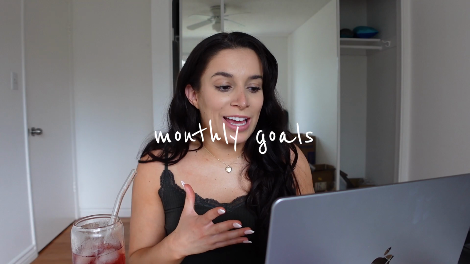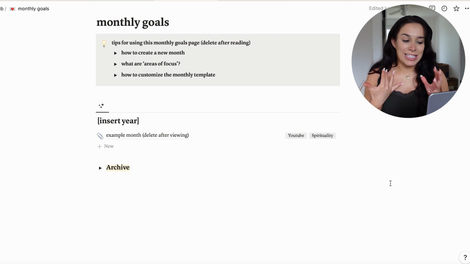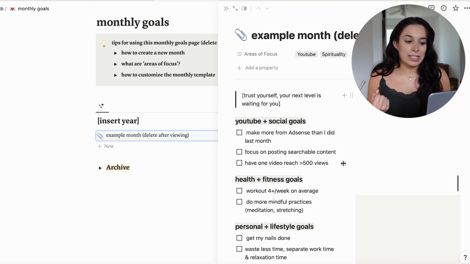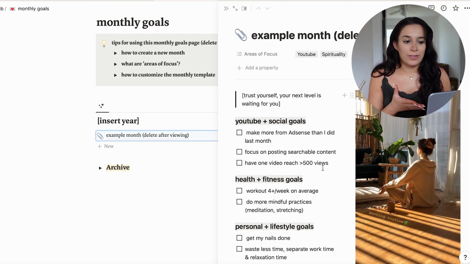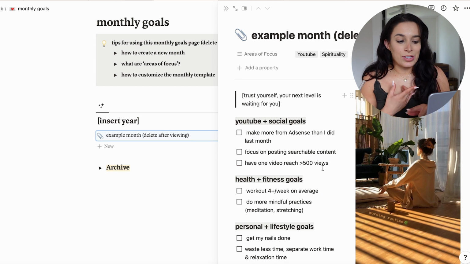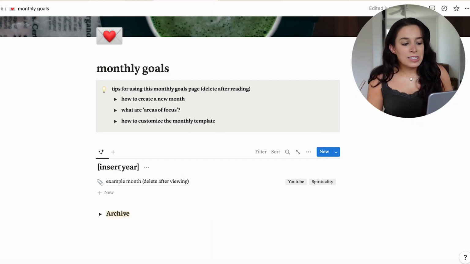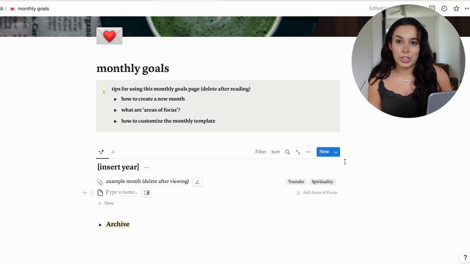Okay. Then we have this monthly goals spread. I added this matcha latte photo at the top. I think it's looking really cute. This obviously looks very empty because, again, I want it to be very easily customizable, but I did include an example month in here so you guys can see what a filled out month kind of looks like, including things like areas of focus, the quote filled in, my goals filled in, and then obviously to customize it, you would insert whatever year it is, and you would go ahead and click this new button to create a new month,